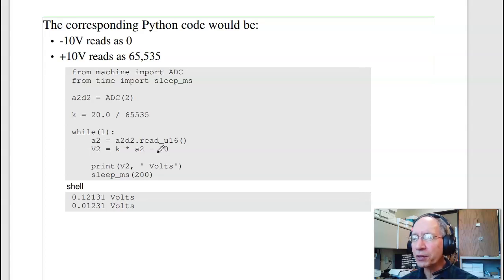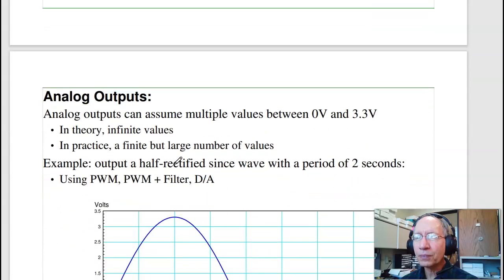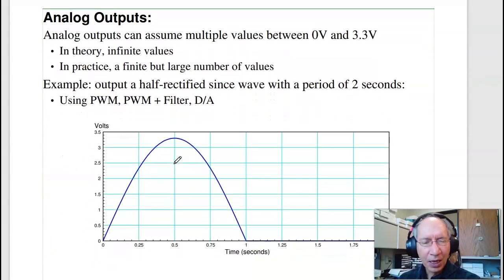So basically that's pretty versatile. Any voltage you want to have coming in, the Pi Pico can read it. That's for the analog inputs. Let's look at analog outputs now. If I want to do an analog output,